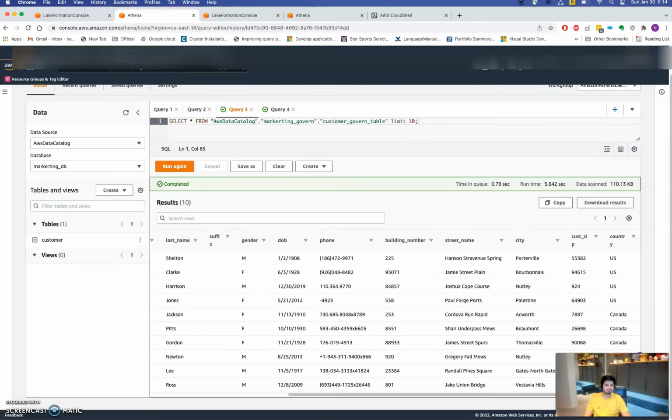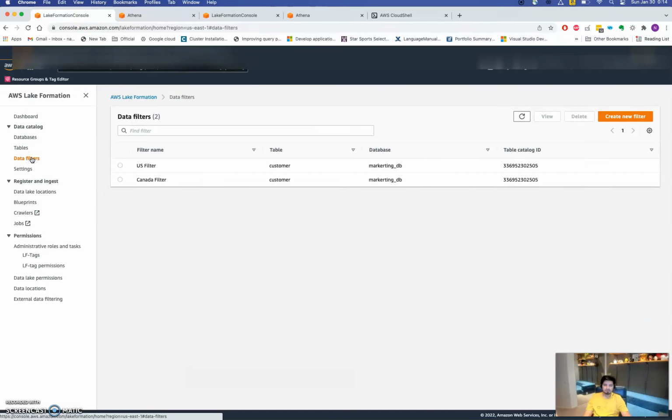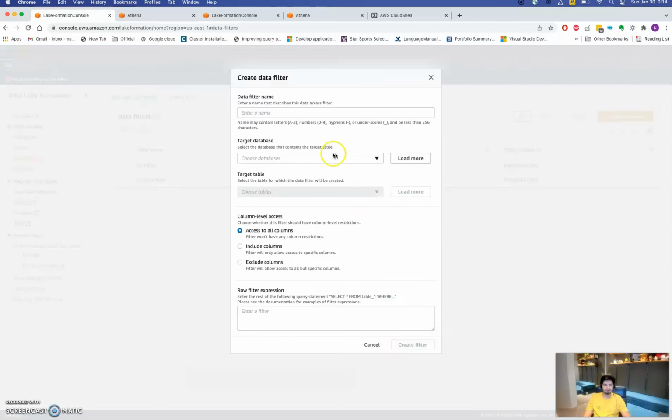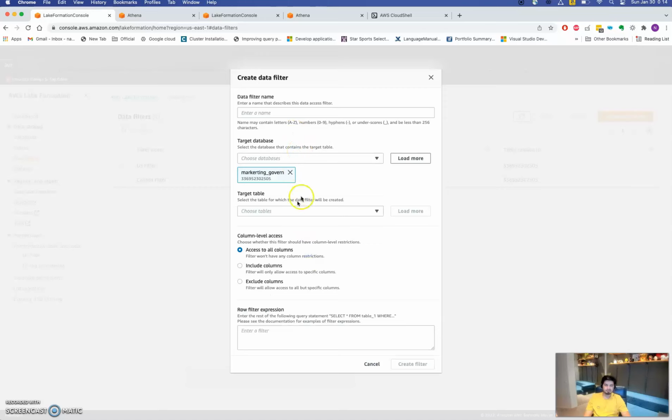Now the next task is I have to create a filter so that analysts from Canada are only able to see the data for Canada, and analysts from the US are only able to see the data for the US. For that, I will be creating the data filter. I have already created a few data filters on this marketing database, but let me create one for the govern table, right? So I will be going and creating, marketing govern, that's the table name, and let me call it govern